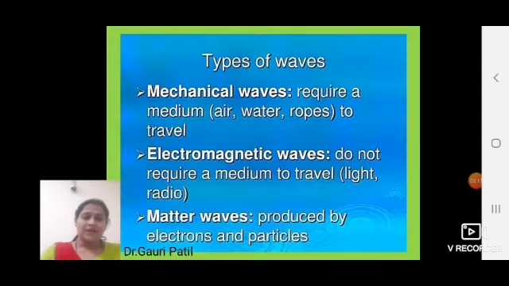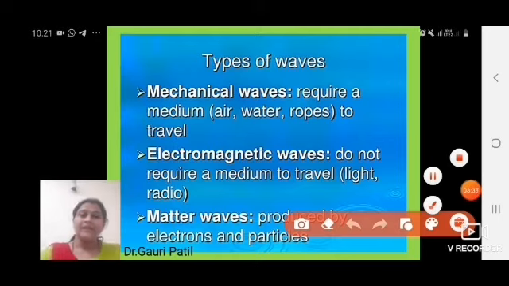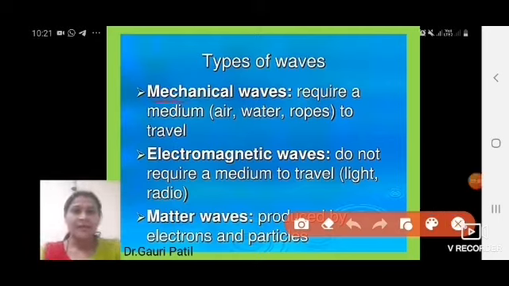So students, after discussing the need for quantum mechanics, we will start our chapter Matter Wave. Dear students, do you know how many types of waves there are? Yes, we studied this in the last year. In BSc second year we discussed in detail the types of waves. Once again I will repeat this. There are mainly three types of waves. First is the mechanical wave, second is the electromagnetic wave, and third is the matter wave.